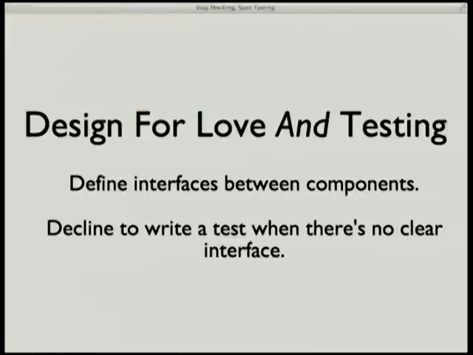We've also found that it's really valuable to define clear interfaces between your components. Early on, things were kind of a tangle, and request handlers would just open up a reference to the table and write some stuff to persistence, and that was okay. But that makes it both hard to do any kind of refactoring and also really hard to do any testing.